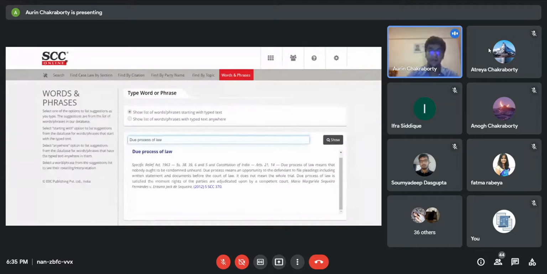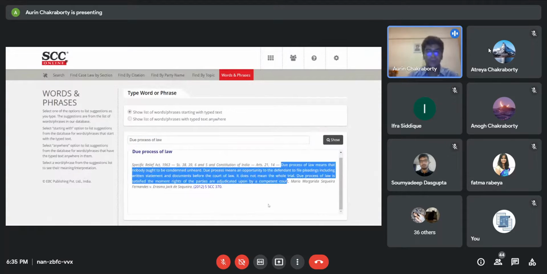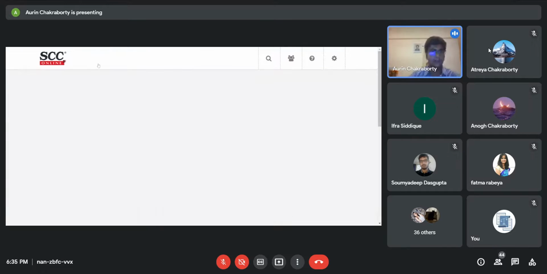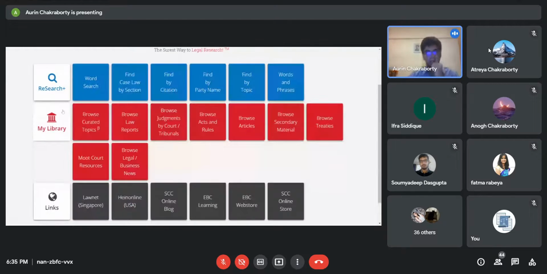So to that effect, it will give you the meaning, the particular case law where it has been defined, and the relevant provisions, right? So you just need to click on this link and it will take you to the judgment, right? So that's most of it with respect to the blue line search. Now the aspect of red line search. The red line search, as it reads, is my library. It's almost like your college library, but your library on a virtual platform, right?